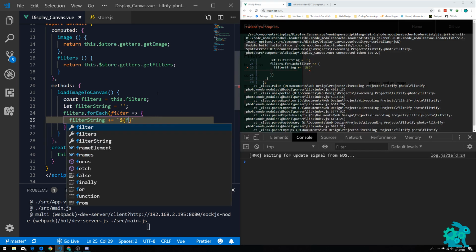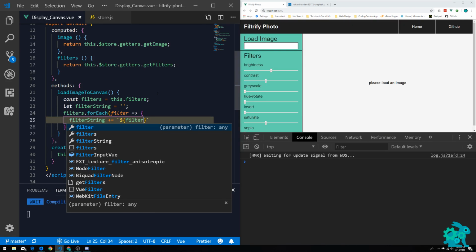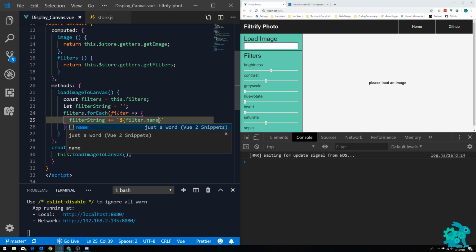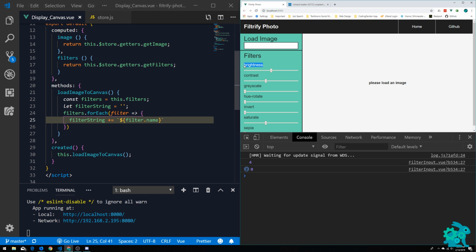This is the way we set it up so that the canvas can read it properly. It's going to be filter.name, which when we look at it in a minute, is going to pull up the name of each filter that we have specified there. Filter.name, and it's going to be parentheses, and then